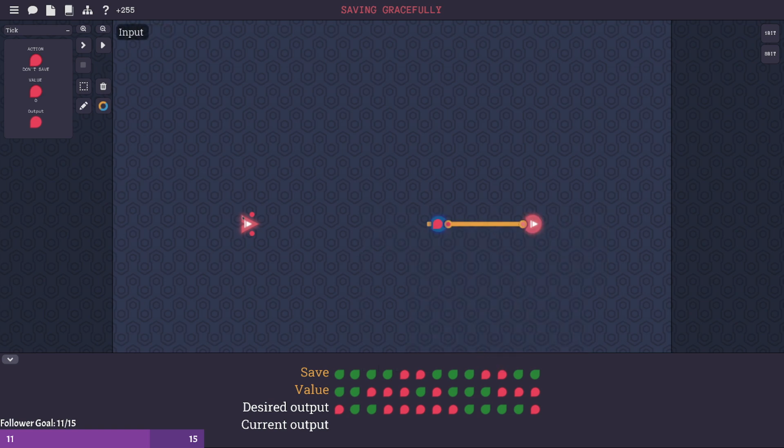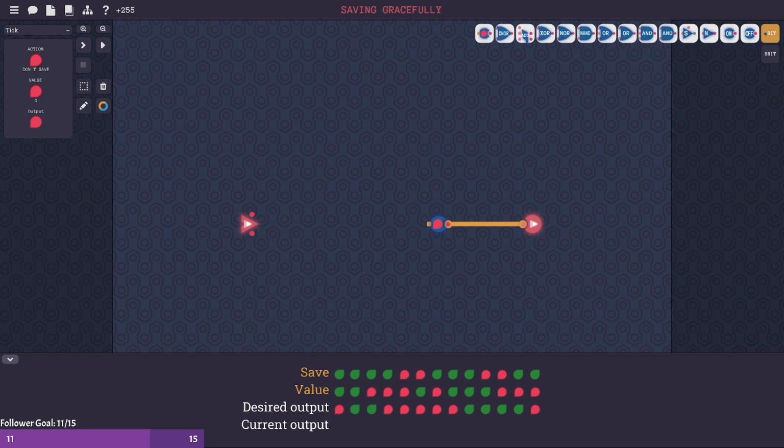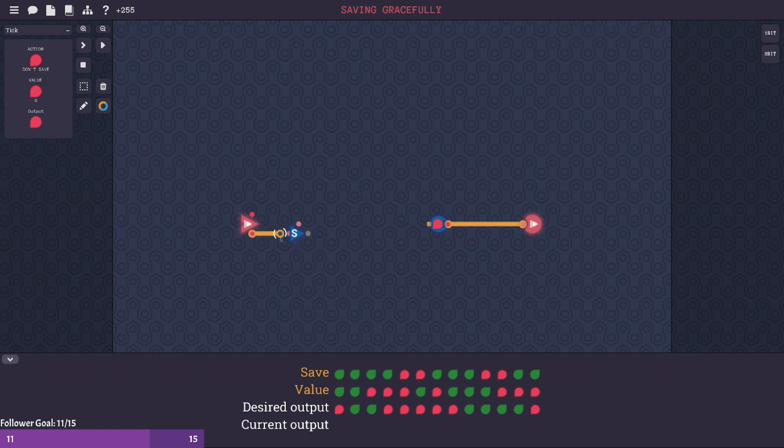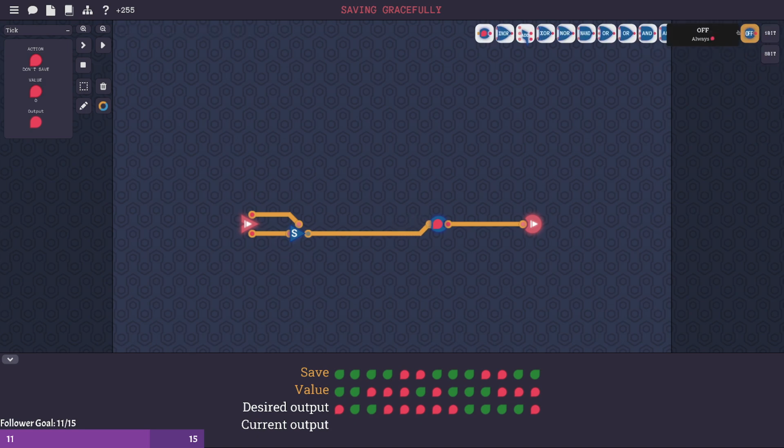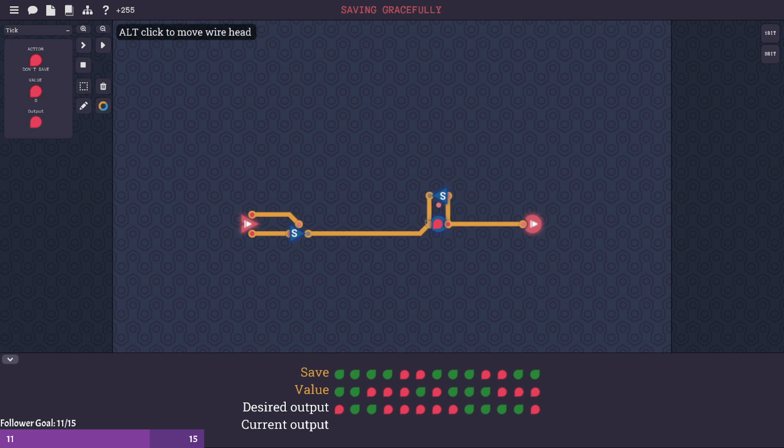Okay, I'm making a latch. So a latch, when save enable is on, we want to store the new value. Store the new value, like so. And when save enable is off, we want to save the old value, which will be like this,